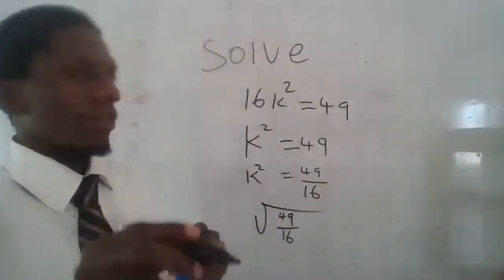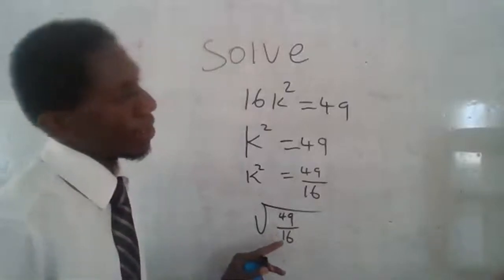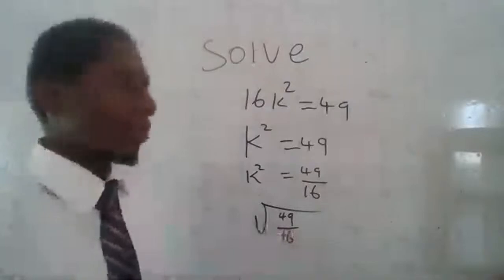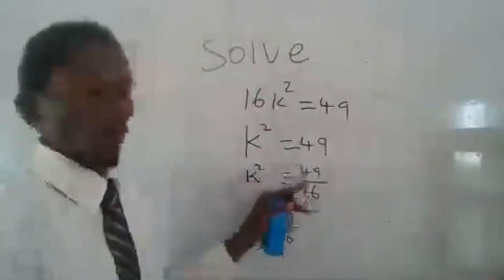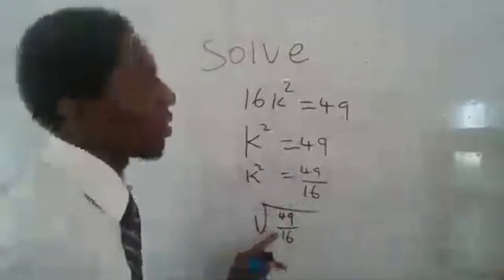Remember, 7 times 7 is 49, and 4 times 4 is 16. So these two numbers can go into this